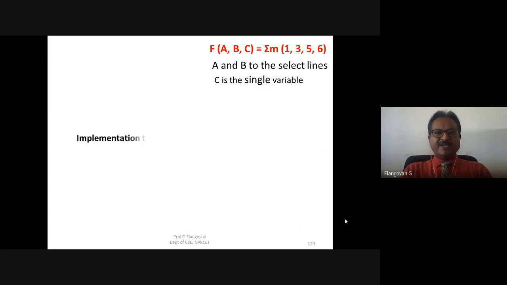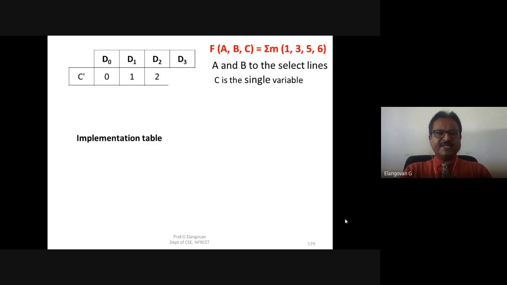For the given implementation table, D0, D1, D2, D3 are there, and the top row represents C dash and the bottom row represents C. Whatever minterms are given, we will encircle over there. So 1 is given, 3 is given, 5 is given, and 6 is given.